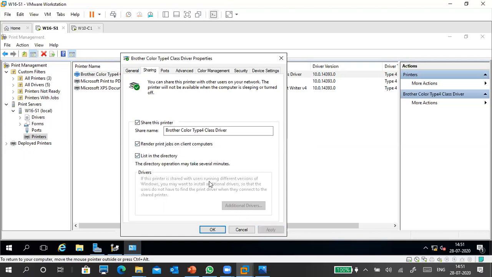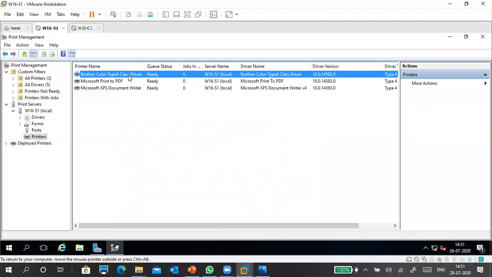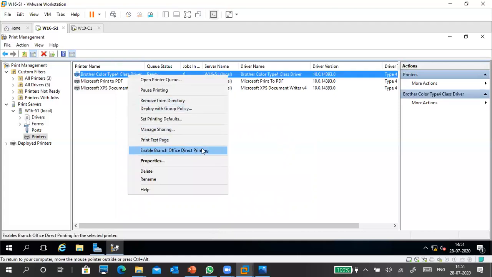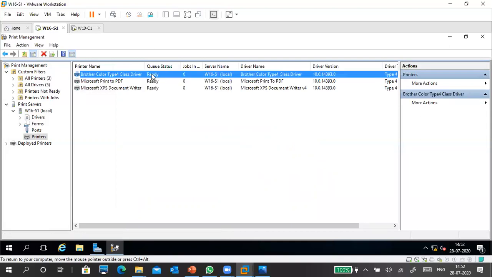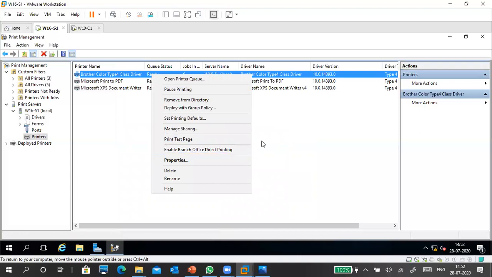So apply. Now it is refreshed in the background, and I right click on it. Can you see this feature is enabled? You know, there is a picture like this. That is a question. So if you want to enable, then you have to click on it in a Microsoft exam. Okay, so this is also an exam question where you have to select an area to do some work like that. So why is it enabled now? Because we put a printer in Active Directory.